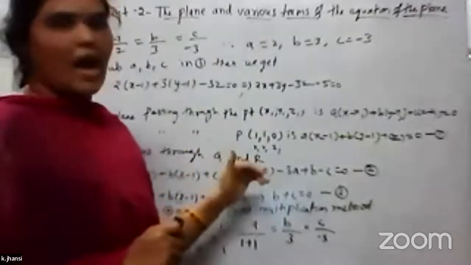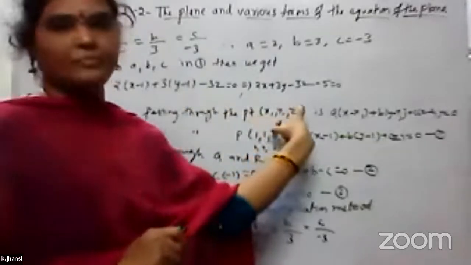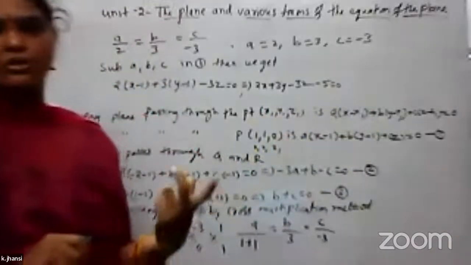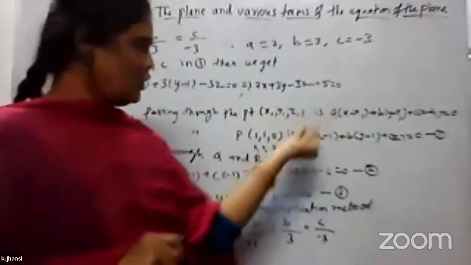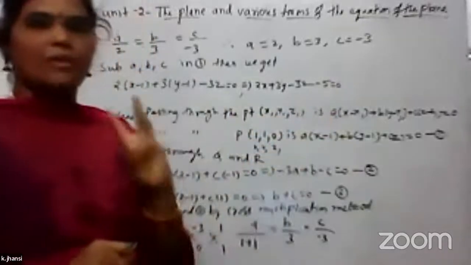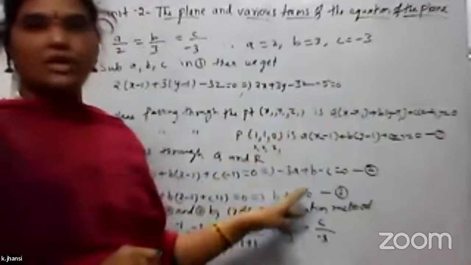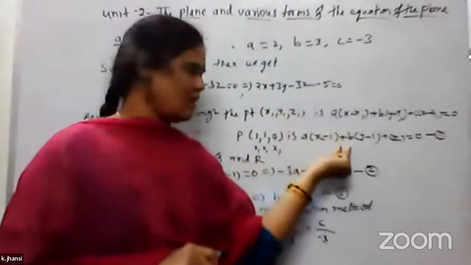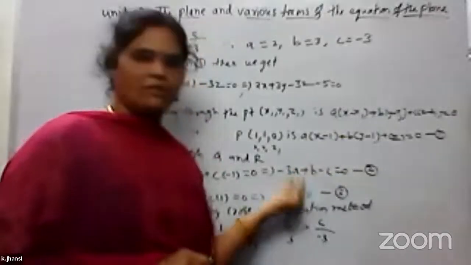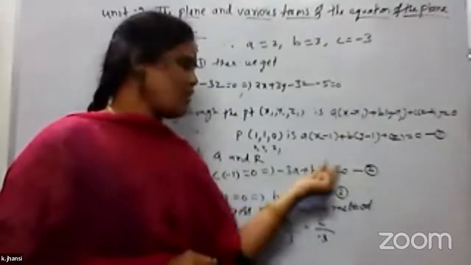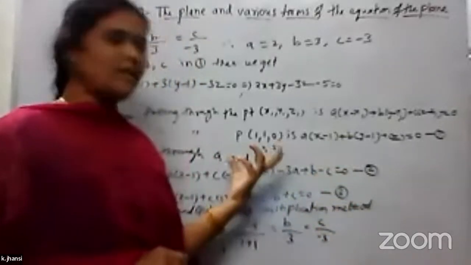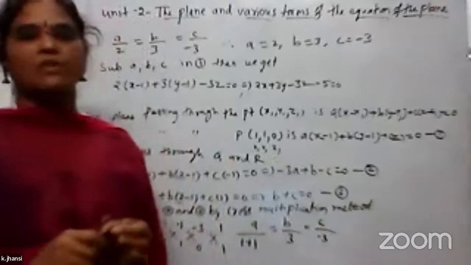Same procedure you will have when one point is given and 2 plane equations will be given in the question. So only 1 point and 2 plane equations. With the help of the 3 points, you find 3 equations here. But in the other problem, they will give 1 point and 2 equations will be given. So when 2 equations are given, from the 2 equations you find ABC values. Same procedure, but there the plane equations will already be given in the problem. Okay, so the problems are